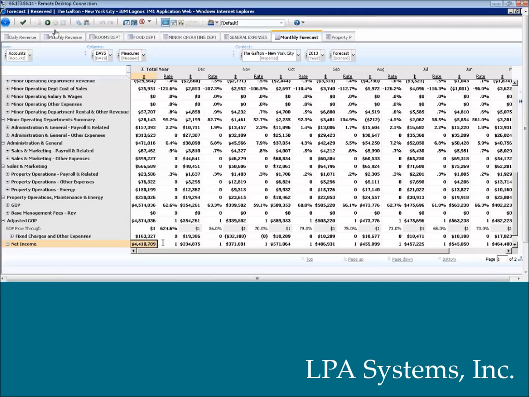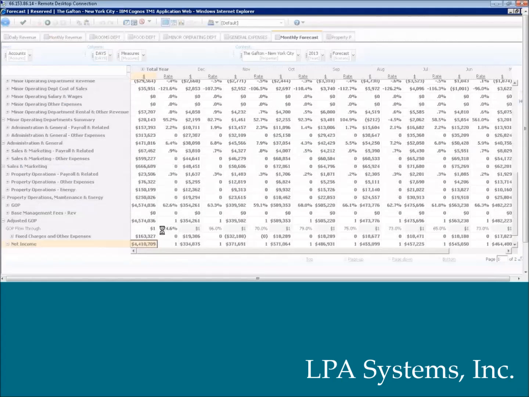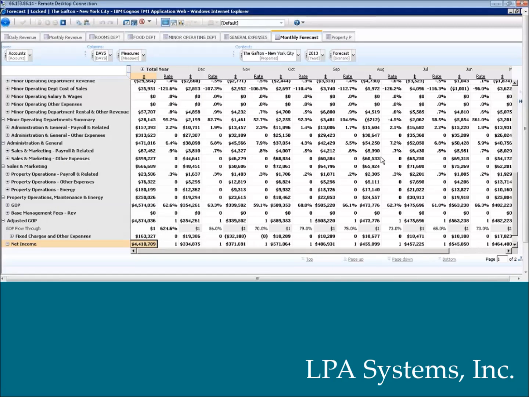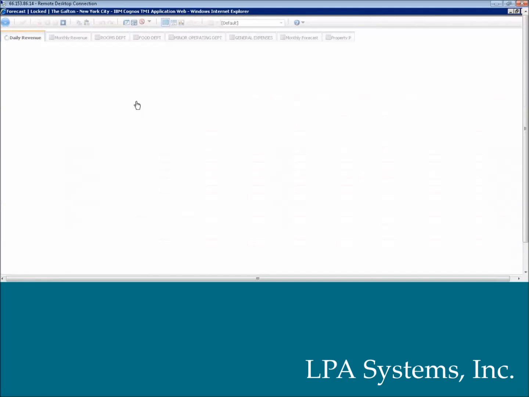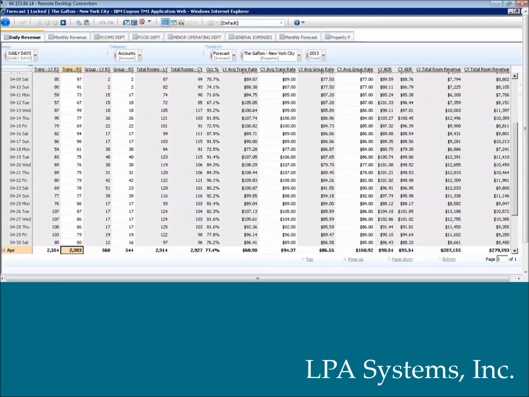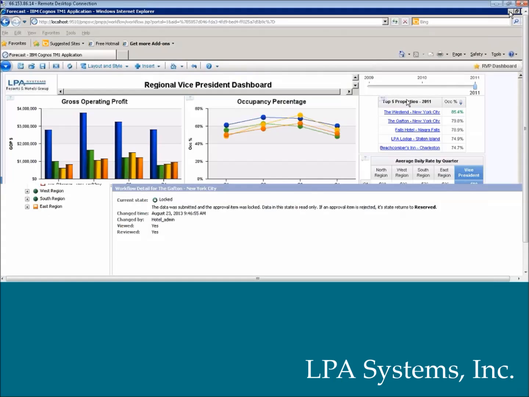To submit the forecast to your manager, it's as easy as clicking on the button. Once you do so, the forecast is actually locked within the system. You'll notice everything turns with a gray background, which means that it's locked, and no further changes can be made in this template until the manager either rejects it and sends it back to me, or the whole process starts over again. Okay. With that, I'm going to jump to the back-end analyst tool that comes with the